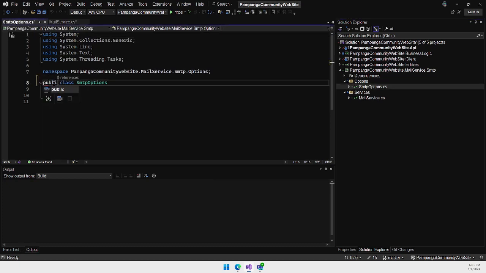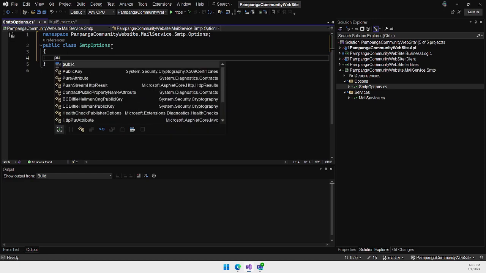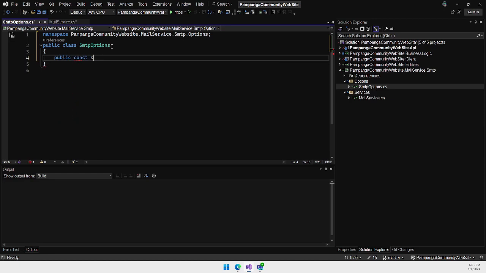This should be public. The options pattern recommends you create a constant with the name of your options. These options can come from the app settings. So I'm going to put a public const string